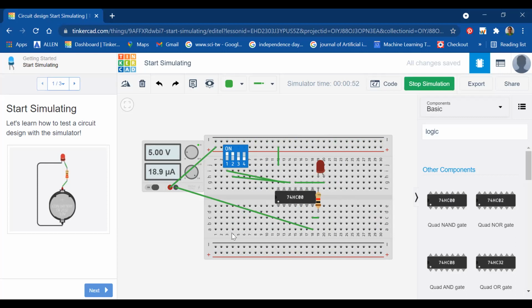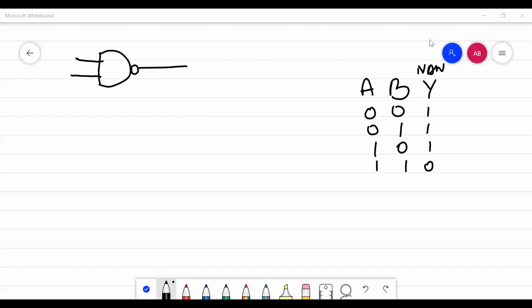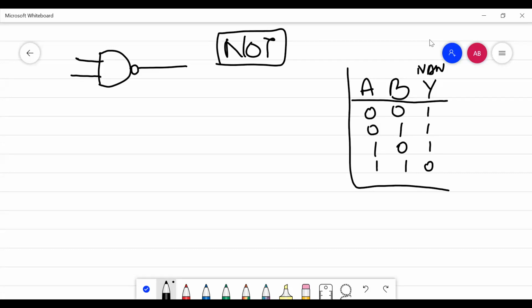So here you can verify your NAND gate. Now let's first understand how, using these NAND gates, you can draw your AND or XOR gates, and then we are going to come back to Tinkercad to implement those circuits, right? The very first gate that we are going to implement using our NAND gate is a NOT gate, designing a NOT gate using this NAND gate.